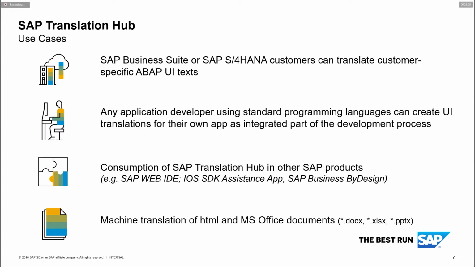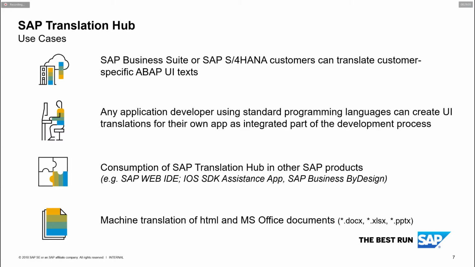SAP Translation Hub is supporting translation of ABAP short text in an SAP Business Suite or an SAP S/4HANA context. And we had a high demand from our customers and partners to support this. SAP Translation Hub is and can also be integrated in the Fiori development process end-to-end. For example, in SAP Web IDE with a suggestion service API which allows developers to select already quality assured source